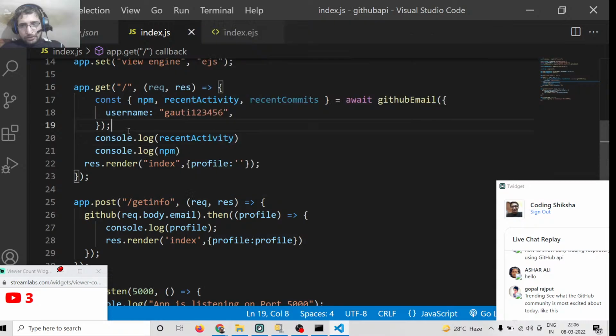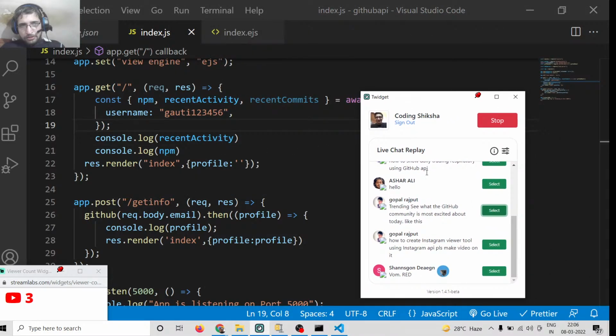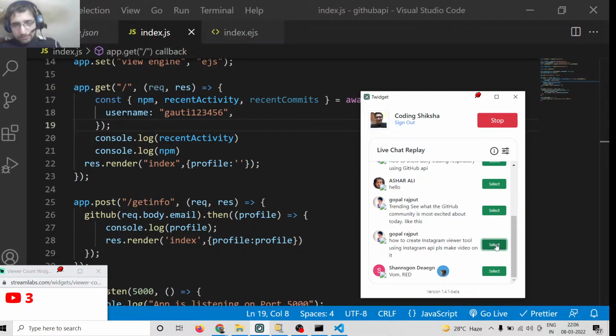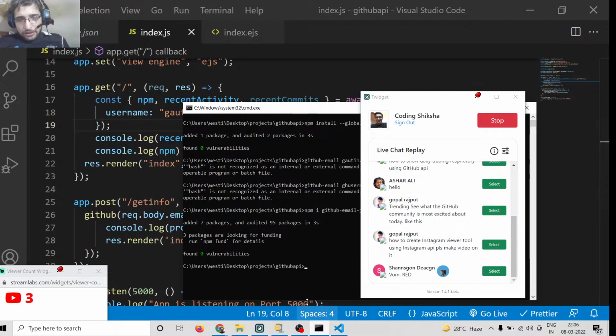So if you print out this information, you will see... Let me try out how to create Instagram viewer using Instagram API. Please make video on it. Definitely I will try to make video. In the last video I have shown you how to scrape information through Instagram in Python, so definitely check out that video. And now if I reload the application here,